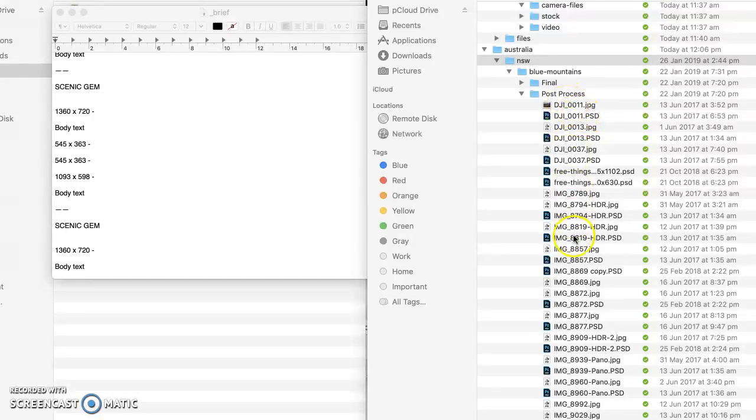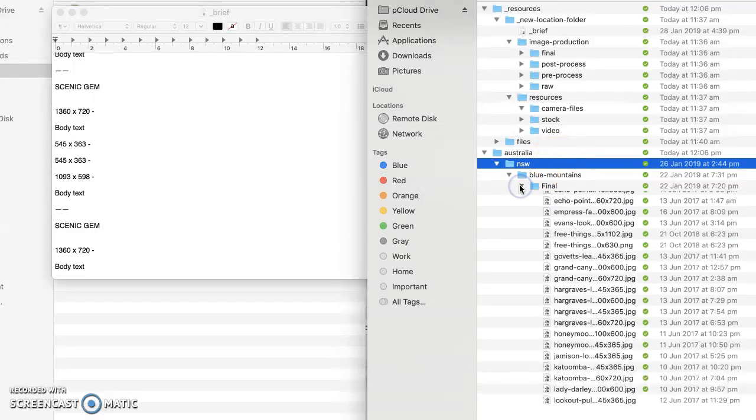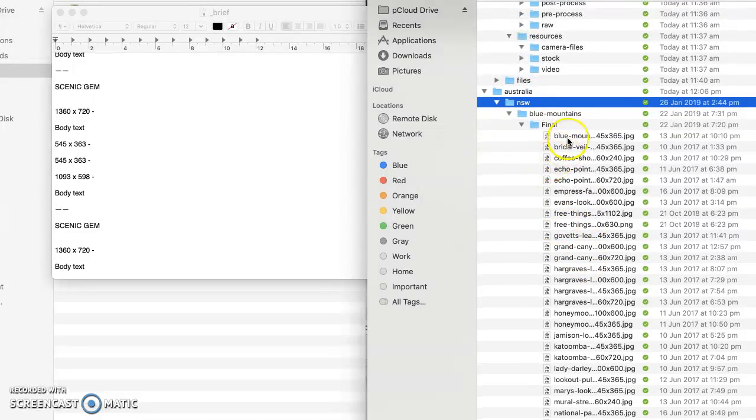So if I was to view all these, I could quite easily use Lightroom just as an image viewer. So from the post-process folder, it's then a case of creating a final file where just the JPEGs for the location will be. And finally,